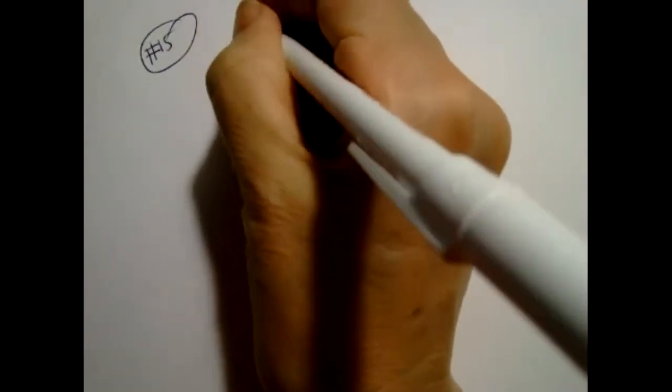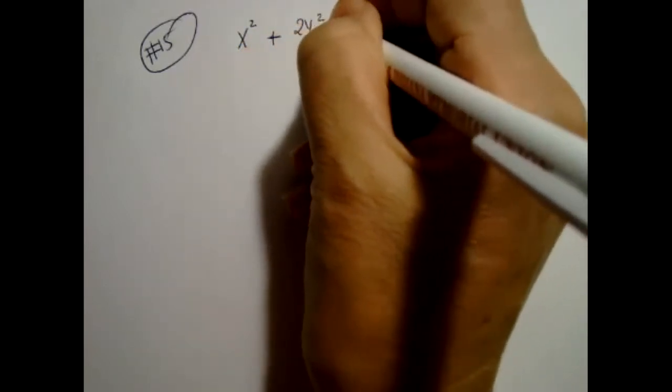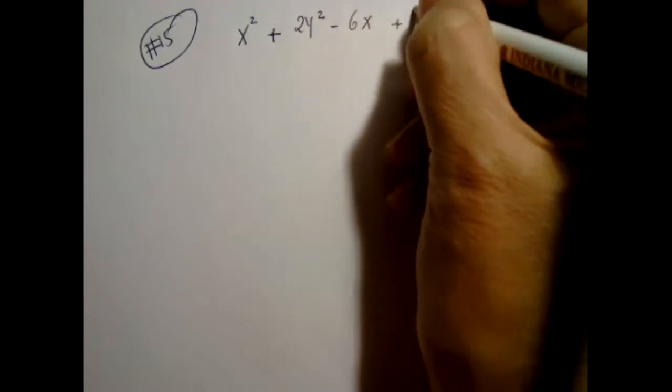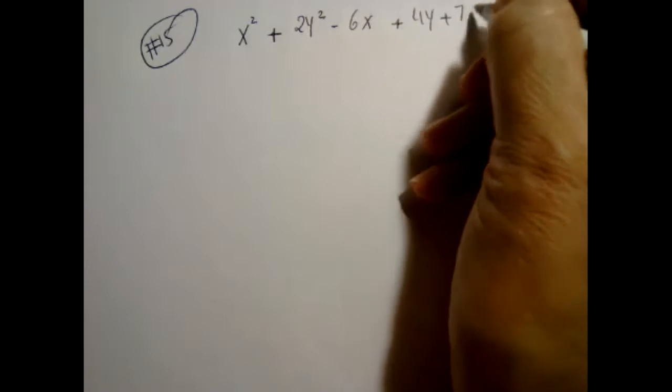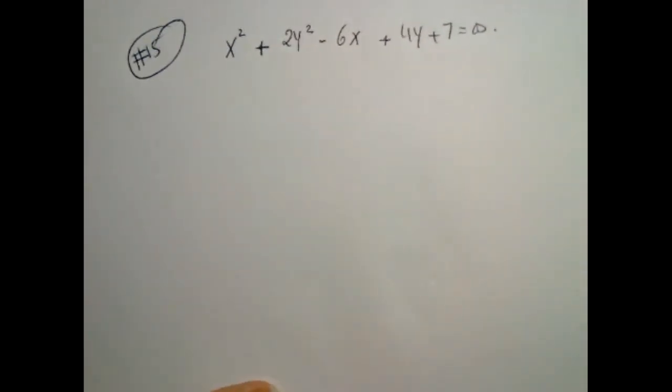So we have the following: x squared plus 2y squared minus 6x equal to 0. Okay, and the question is,